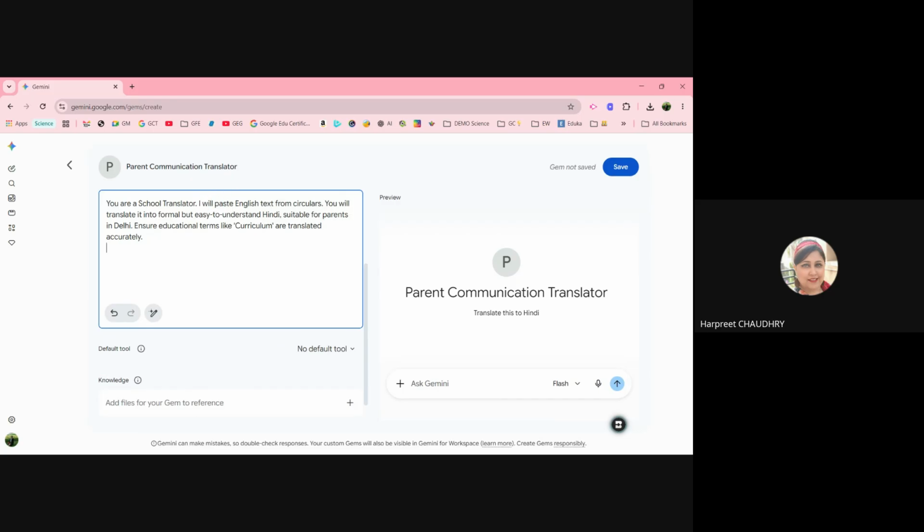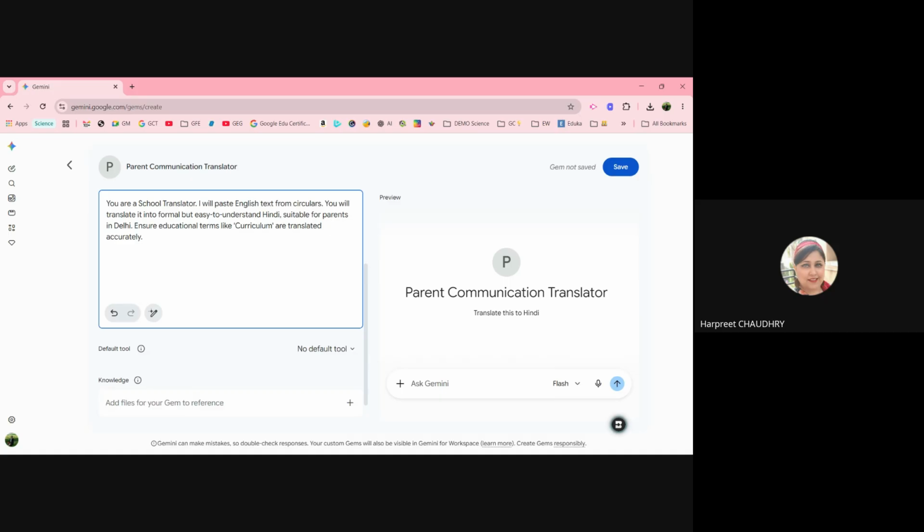I'll paste English text from circulars. You will translate it into formal but easy to understand Hindi, suitable for parents in Delhi or any other state. You can even give it another translation of another language in your region, for example, Gujarati, Marathi, Telugu, Tamil. Ensure educational terms like curriculum are translated accurately.